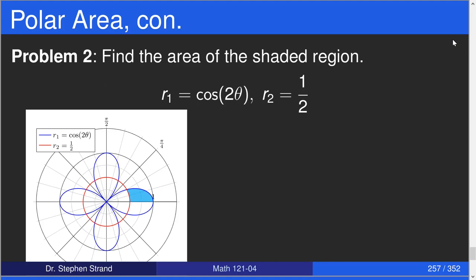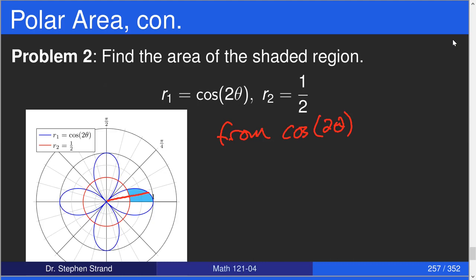We're thinking of, I always like to try to draw a line out here, right? I'm actually going to change colors because the screen isn't showing up so well. So we draw a line from the origin out to the curve, and think about how to describe the area from that perspective, from the curve down to the origin, right? So really the curve is going to go from the outer function, which in this case is cosine of 2 theta, and it's going to go to the origin. But then we're going to have to take away,